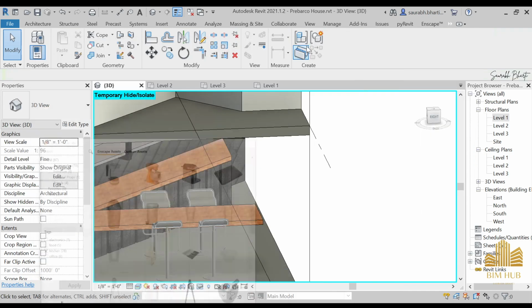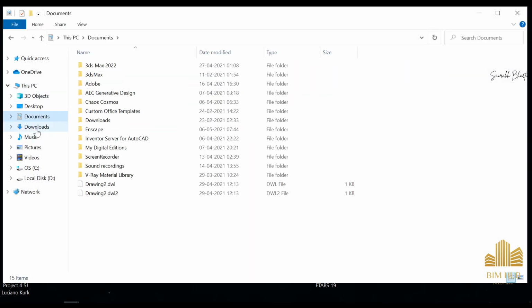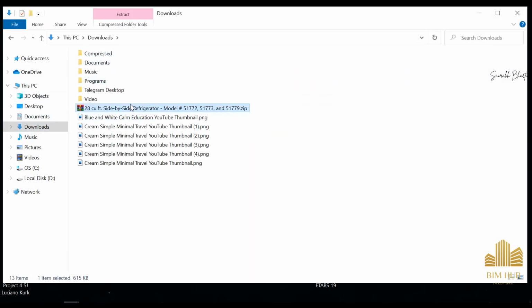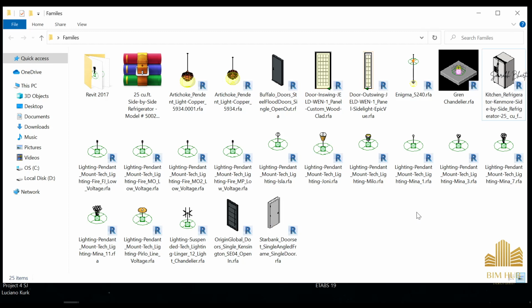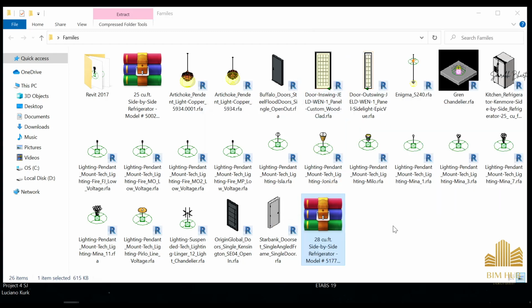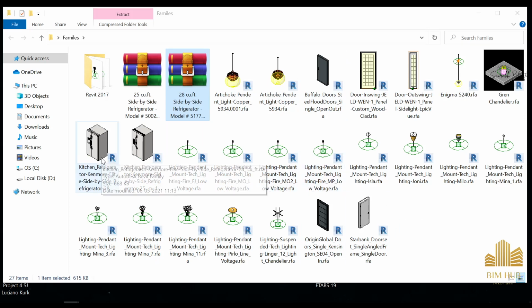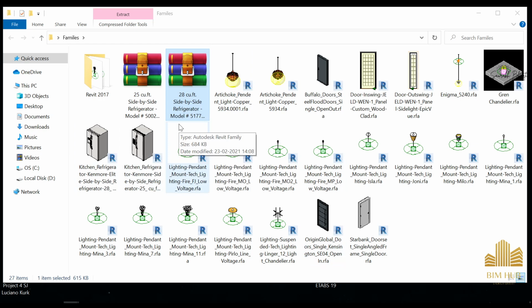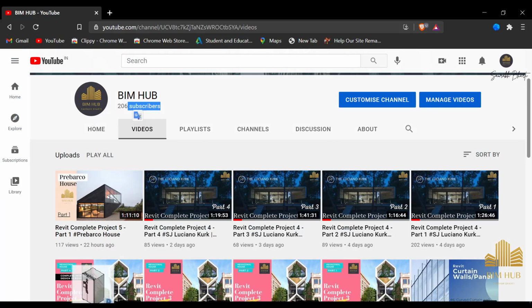Again, go to this portion. If I can find that family, so side refrigerator, again go to this place, and here you can extract it. So just extract here, and we have our second refrigerator. Which one is that? 28. This is 28, this is 25. Right now we did this one, so just go to this